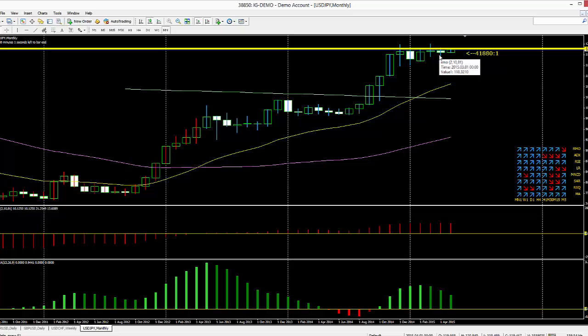Not good, because that tells me straight away there's a lot of indecision between the buyers and sellers. And what I don't want to be doing is trading when there's a lot of uncertainty on the markets, because all I'm going to be doing is risking a large proportion of my trading capital and ultimately potentially losing it, because the risk is that much higher.